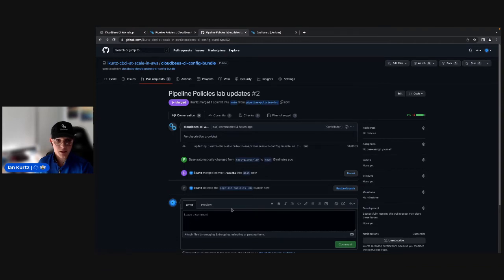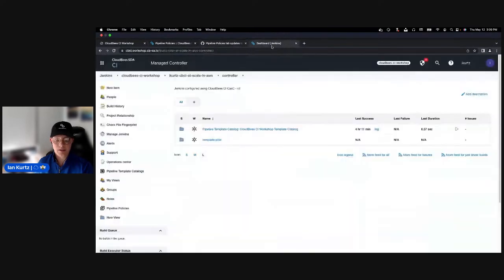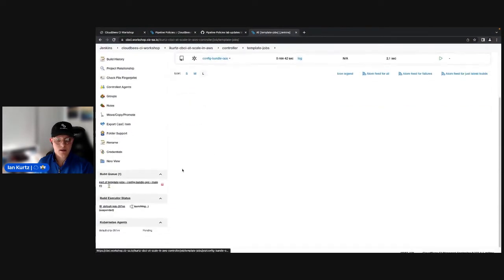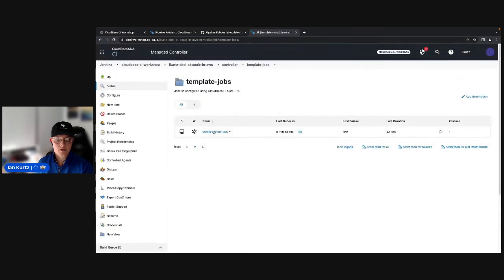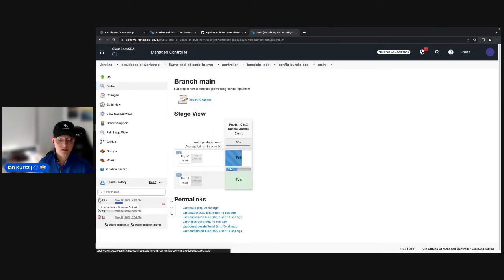And the pipeline policies lab, that branch was just deleted for us, as it should have been. And now we know that, and we see something going on in our build queue. Our multi-branch project was automatically kicked off as a result of those files being changed. And if we took a look,